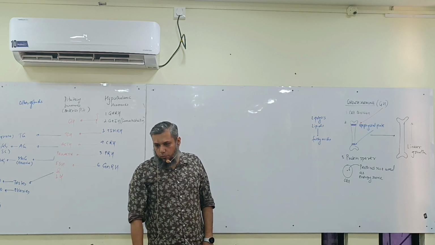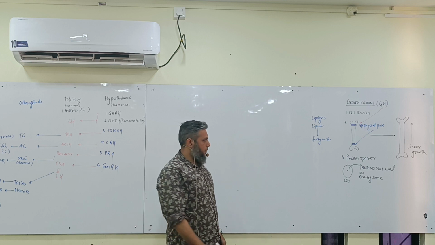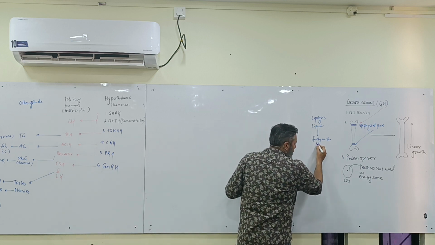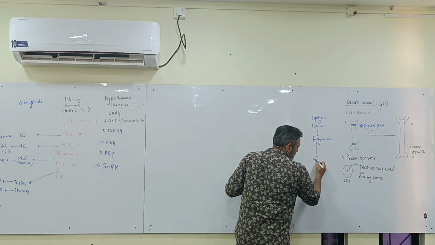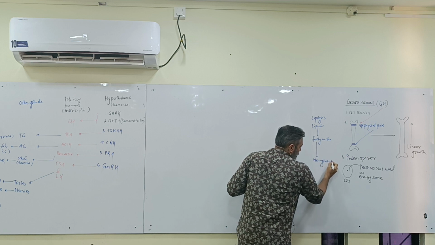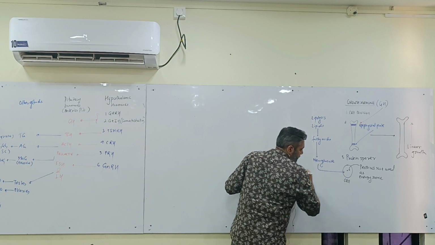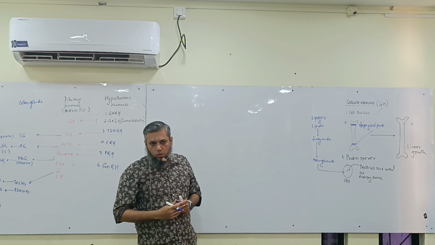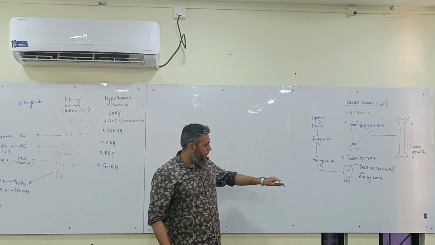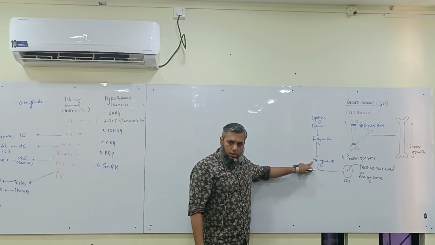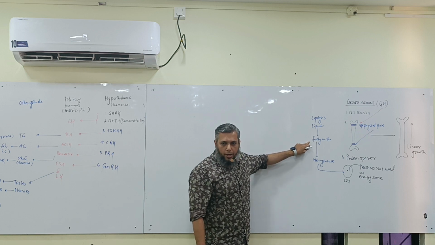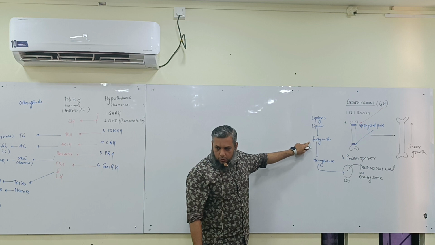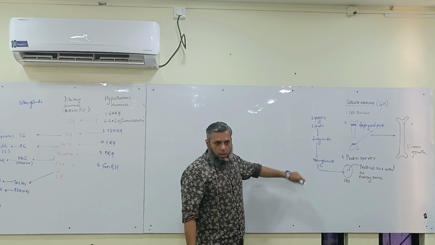Lipolysis, that is, it will convert the lipids into fatty acids. That is called the process of lipolysis. And it will convert the fatty acids into a new molecule of glucose. And glucose can be used by the cell as a source of energy. Now this new glucose, has it come from a carbohydrate or from a non-carbohydrate? Non-carbohydrate. Fatty acid is a non-carbohydrate.